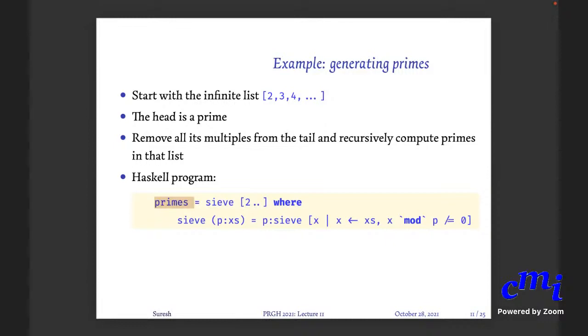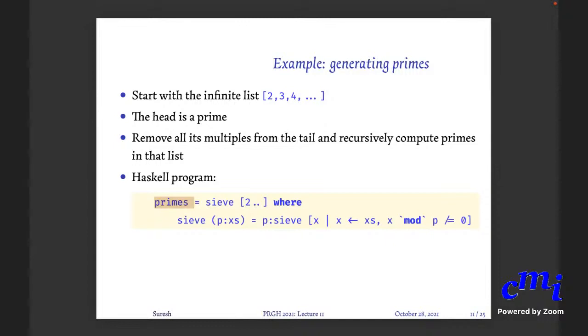So the way you do it is you start with 2 and write down every number. Then you say, okay, 2 is prime. Strike out all the multiples of 2. Once you are done with this, you look at what your first element is. It is 3. Then you say, 3 is prime. Strike out all the multiples of 3 now. Remember that you already struck out all the multiples of 2. Among the remaining elements, you strike out all the multiples of 3. Then you look at the first thing that is left, which is 5. Say that is the next prime. Now, among all the numbers that are left over, strike out all multiples of 5. Is this clear? Yes, sir.